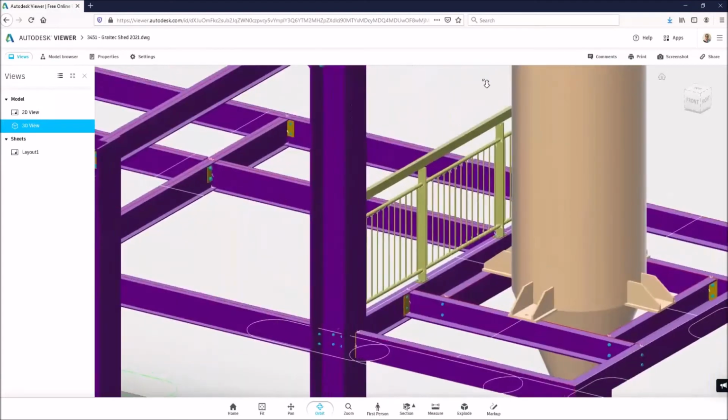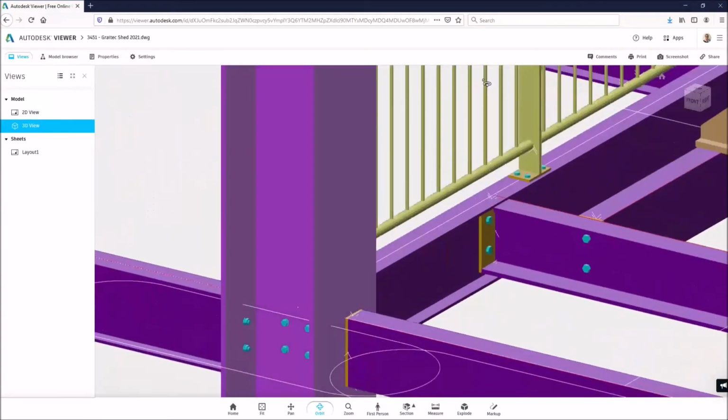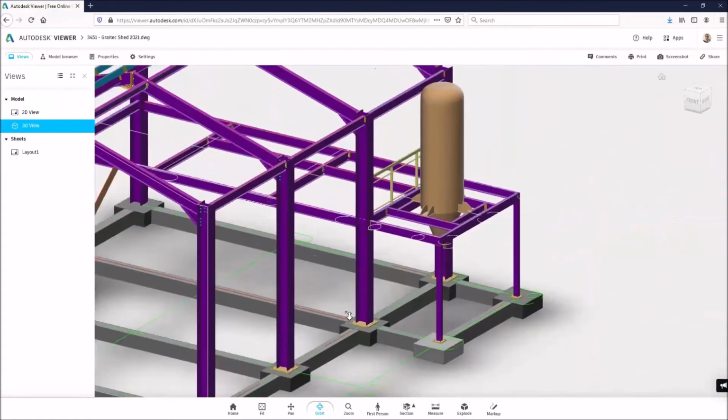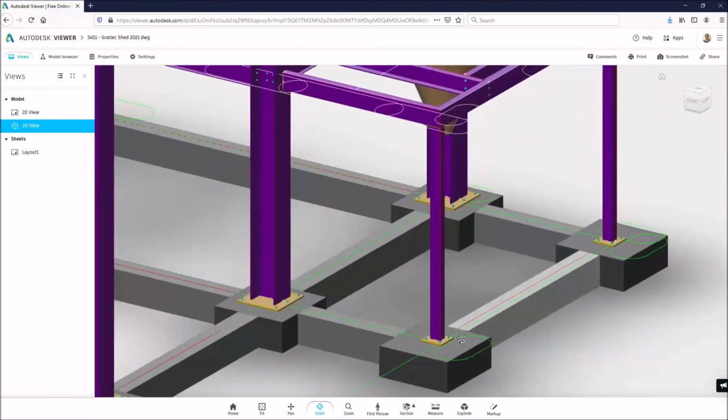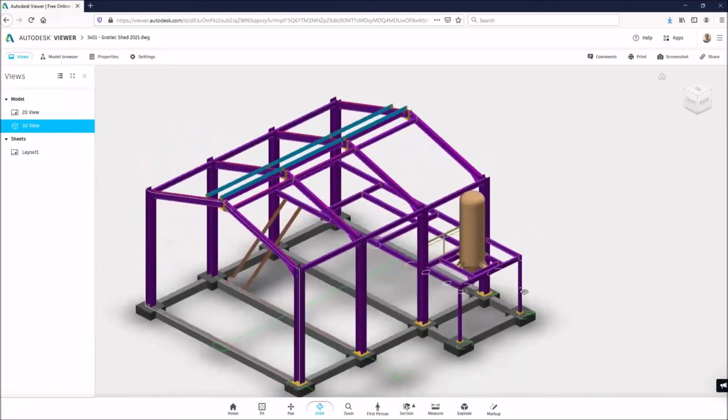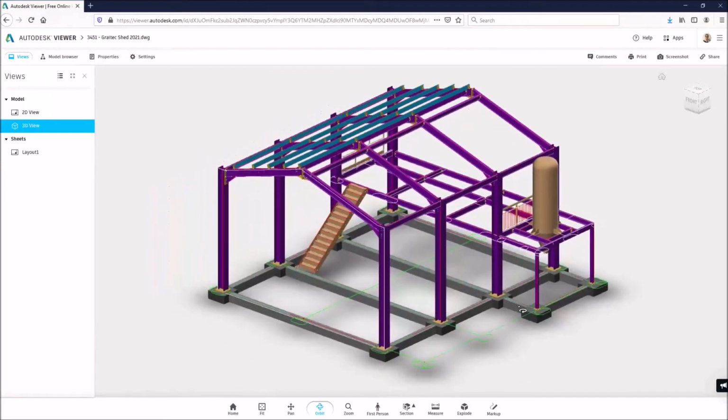You can see everything has come through. I didn't turn my welds off, but you can see the little weld symbols in there. You can see the bolts. The grids have come through. It doesn't bring the grid labels through, unfortunately. So it's not 100% perfect, but this teamed with your 2D GA drawings makes your approval package a lot more powerful. So we'll just have a look at this